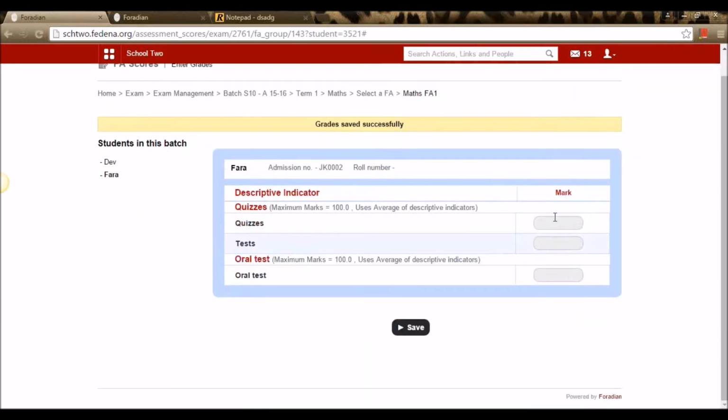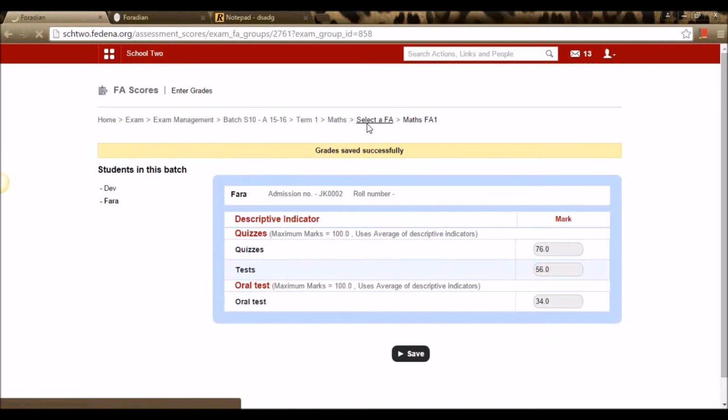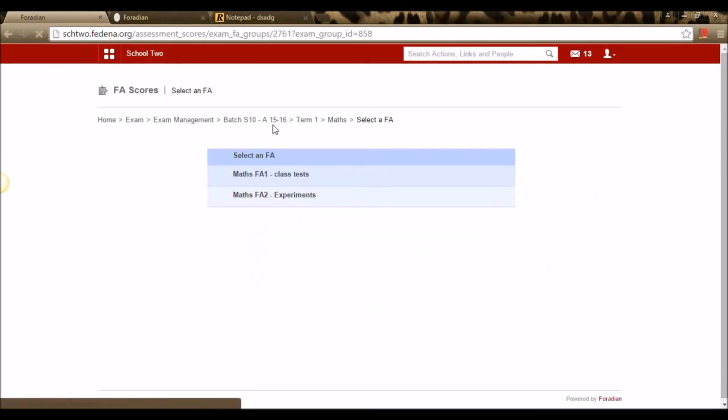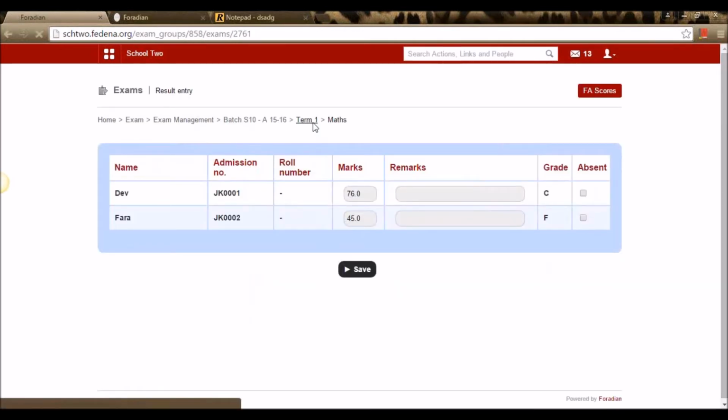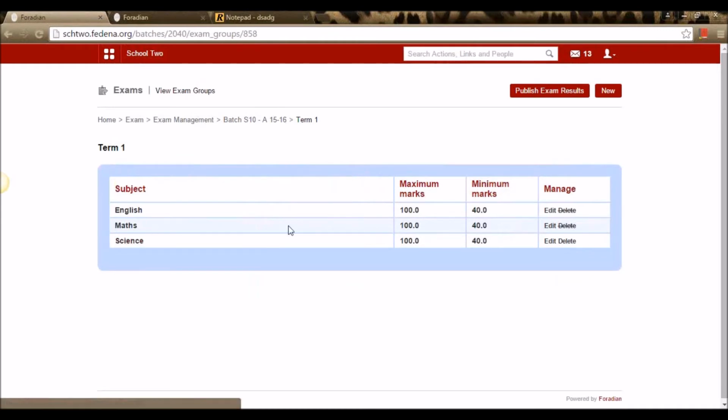Here it clearly displays the descriptive indicators that we have created there, say quizzes, oral tests. Similarly, we need to enter the FA scores and the marks for every individual student.